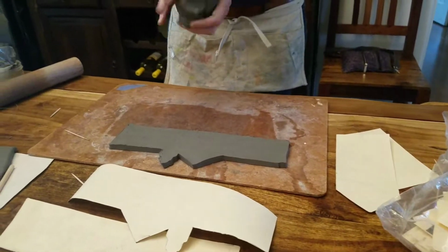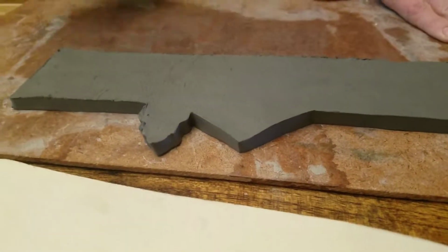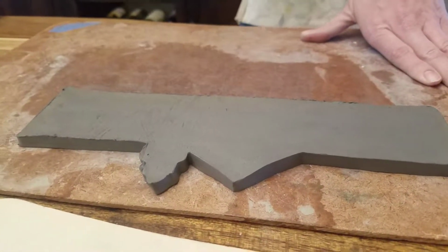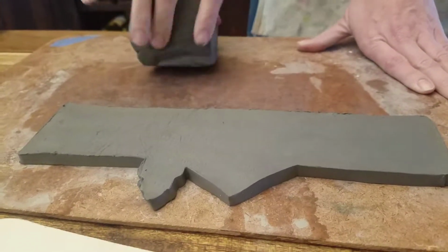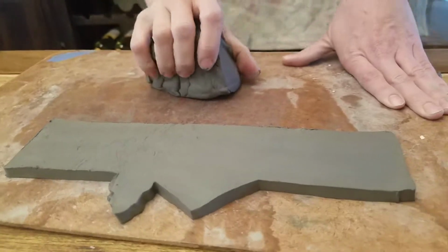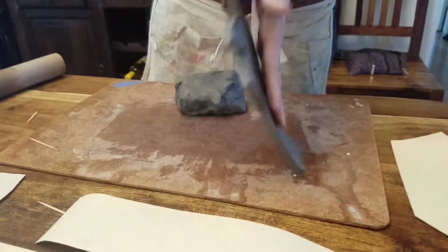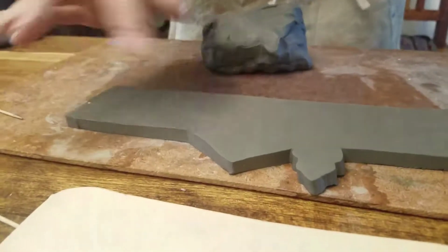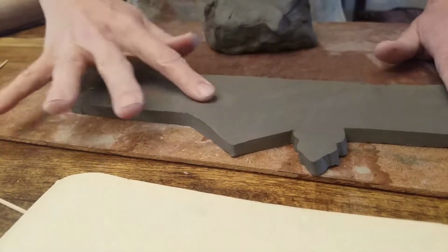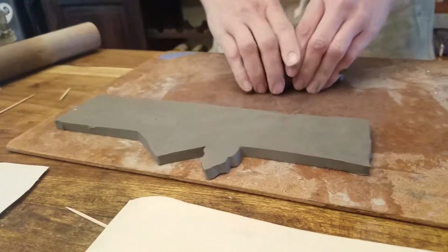Okay. And then you want to roll out your clay again for your bottom and back. The piece that we just did is the front and the sides. Now we're doing the second piece. And the same rules for rolling out apply. Start in the middle, roll back and forth. Flip it to make sure that it's not sticking to the mat. Try to keep even pressure so that your clay rolls out nice and even and you don't have big waves